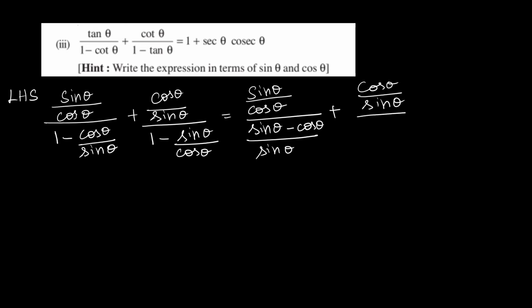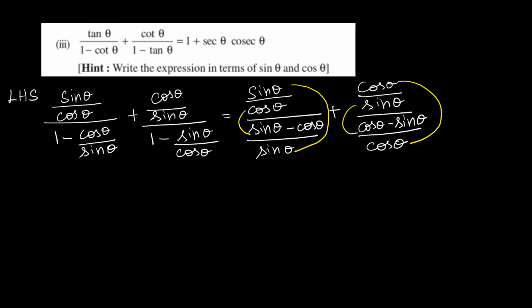And you see in the denominator, if you take LCM, you will get cos theta is LCM. Here, what you will get? Cos theta minus sin theta. Now always you should remember that this and this will get multiplied, and this and this will get multiplied. That is, the uppermost with the downmost, then the middle two terms will get multiplied. So we are going to do that.